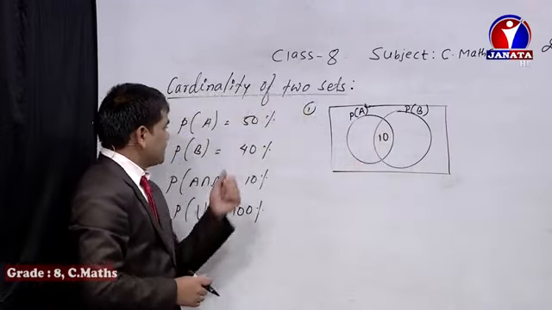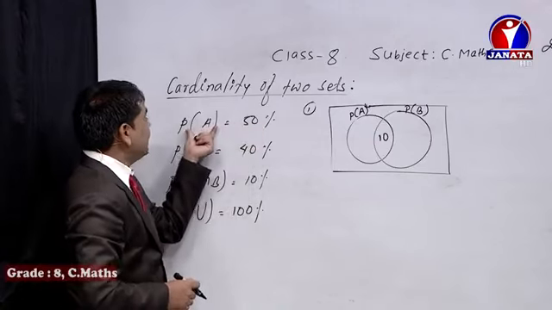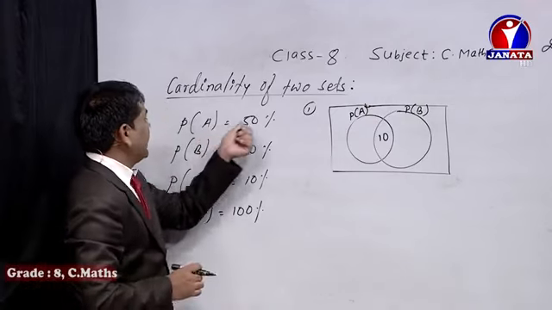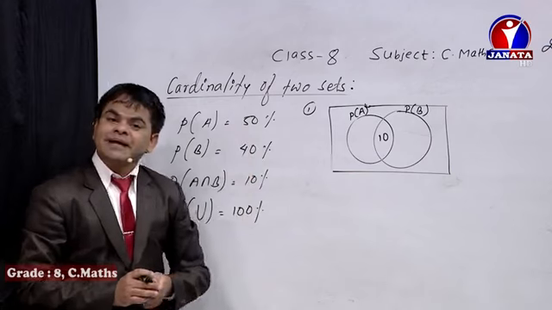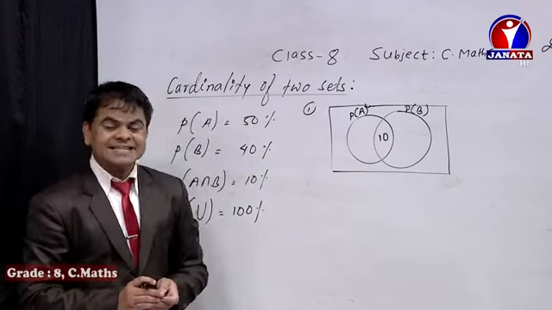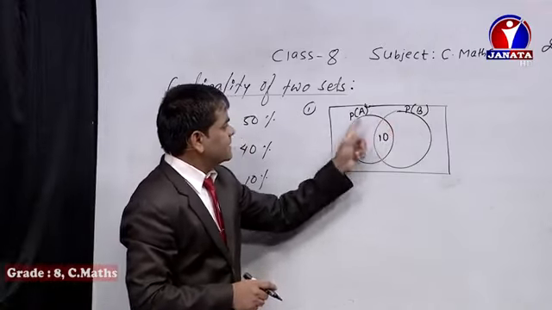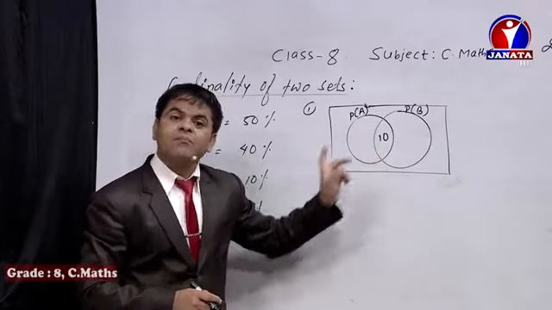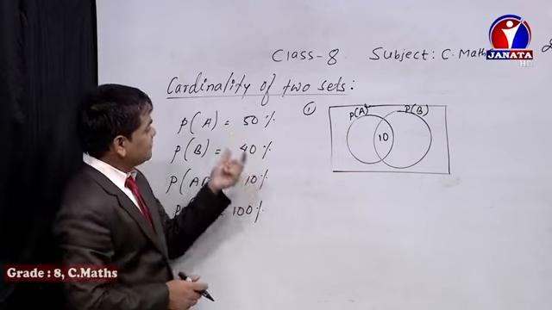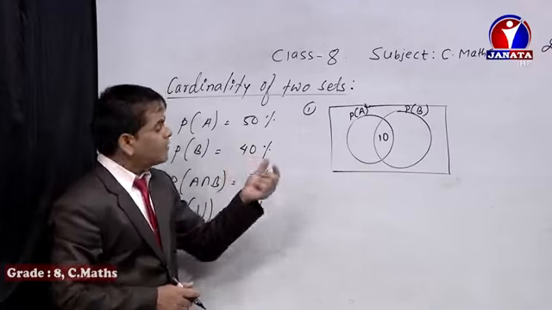Now, dear students, what do you mean by this? 50% belongs to the percentage of people who like apple. It means in the circle P there must be 50. There must not be less or more than 50. Exactly, in circle A, which represents this part and this part, all combined together there must be 50. Okay, and similarly in the circle B there must be 40, by combining together